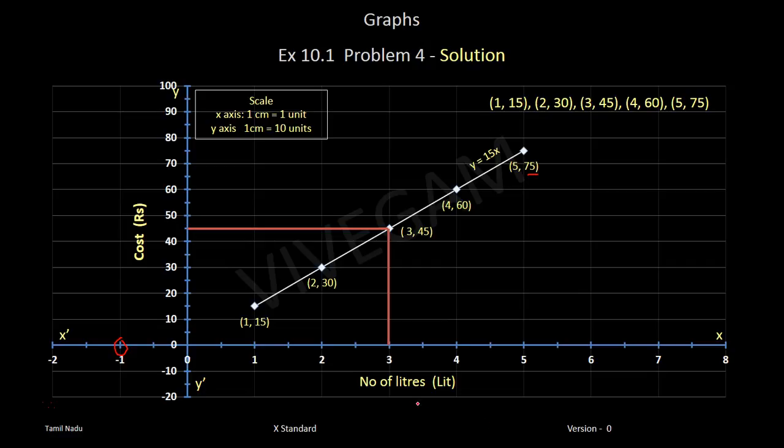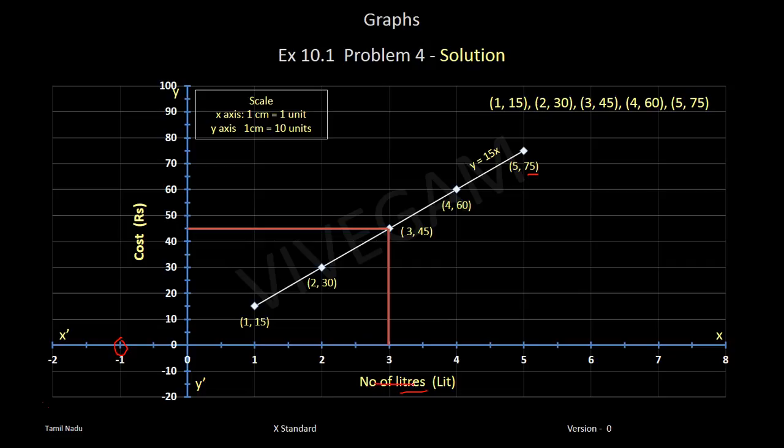And what is our x-axis? The x-axis represents the number of liters. Okay, say number of liters. And this is cost in, actually this is quantity in liters. Actually I forgot, I should write it as quantity. Okay, so you can change this. This is quantity